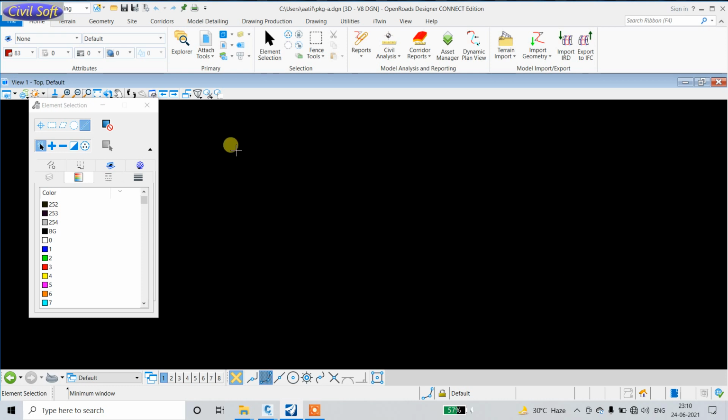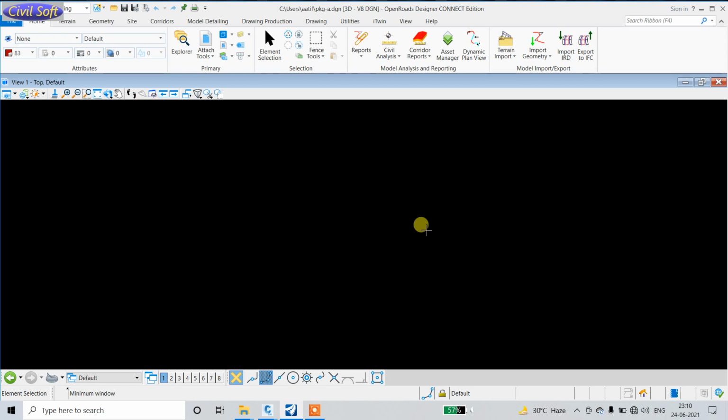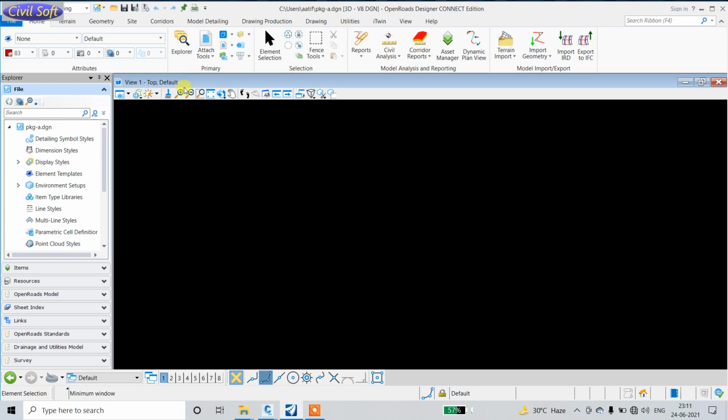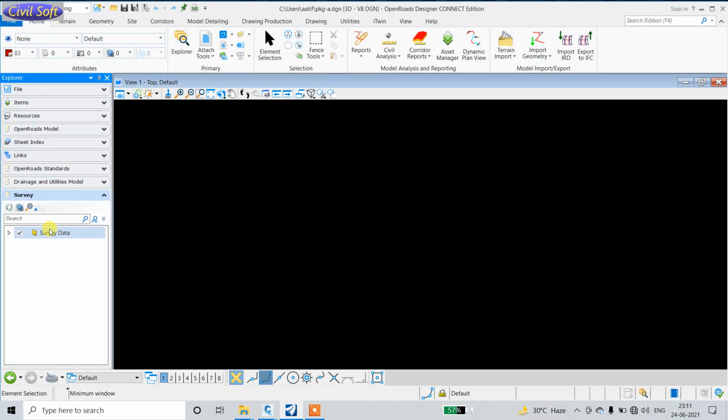It's loading, it takes some time. After loading completes, go to OpenRoads Modeling, click on the home page, go to the Explorer, and after clicking here, go to Survey, click here, double left click, again double left click, again double left click.